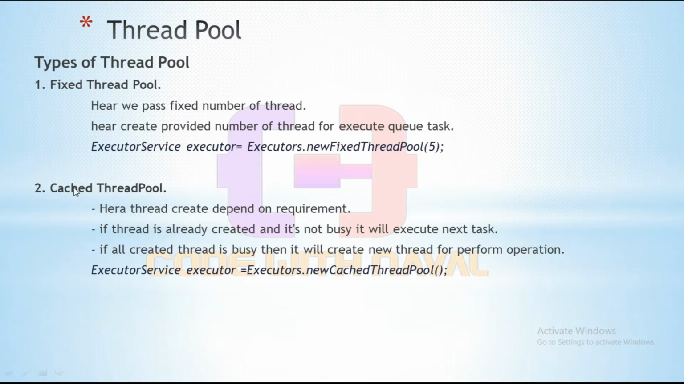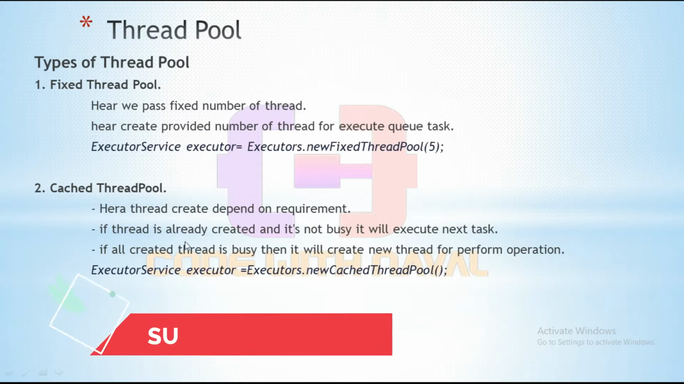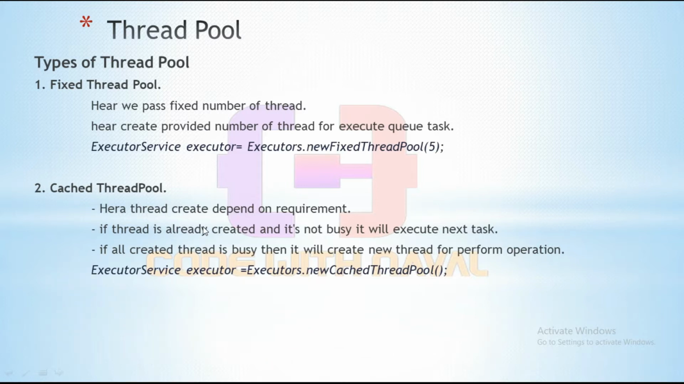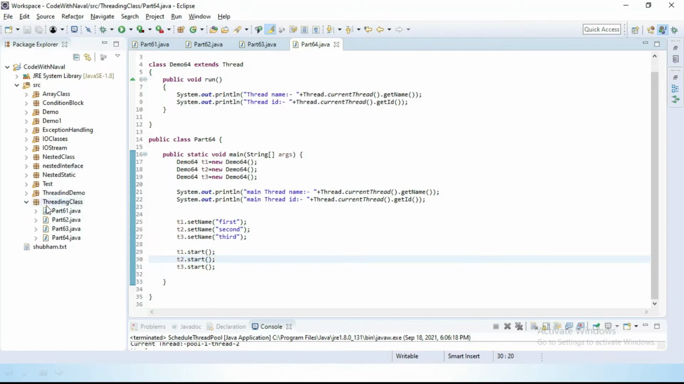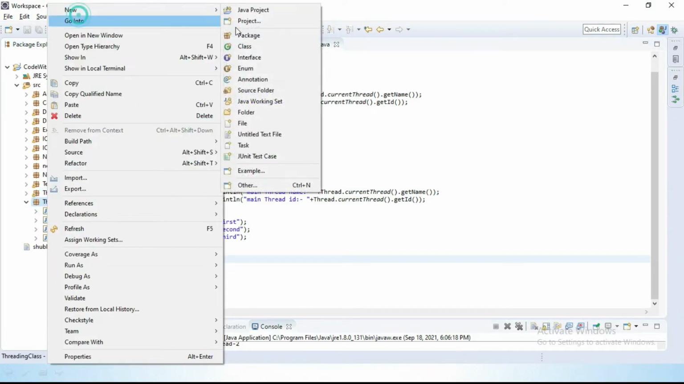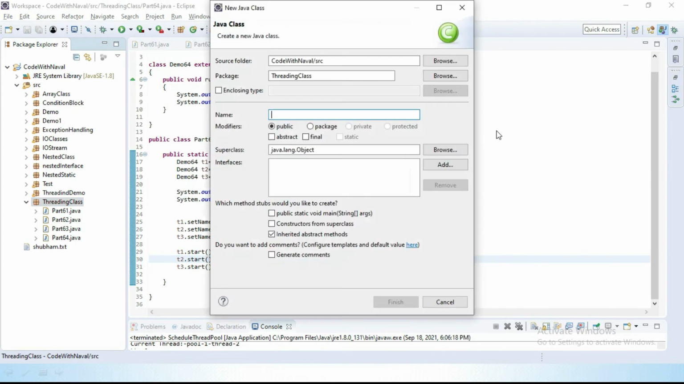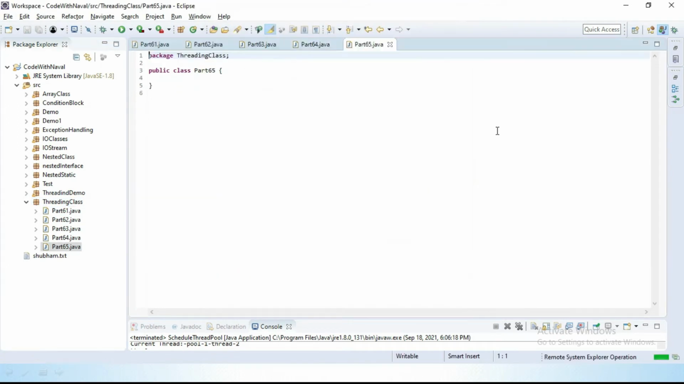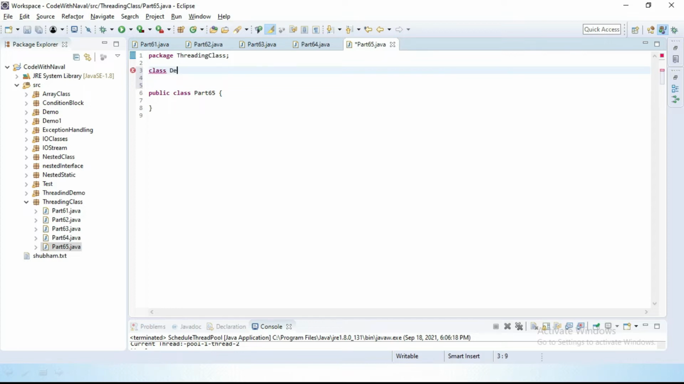Depending on the cache memory, it increases and decreases the thread size. Okay, let's see all this practically. I'll simply open Eclipse and create a new class, and I'll give this class the name part65. And here first we create one thread. I'll create a thread class and give this class the name demo65, and this class extends